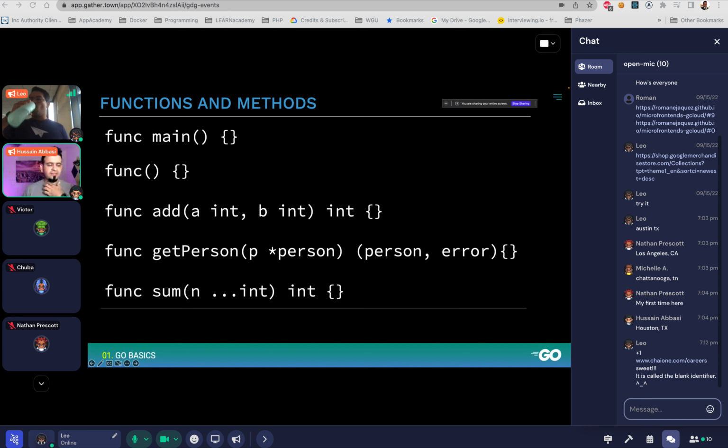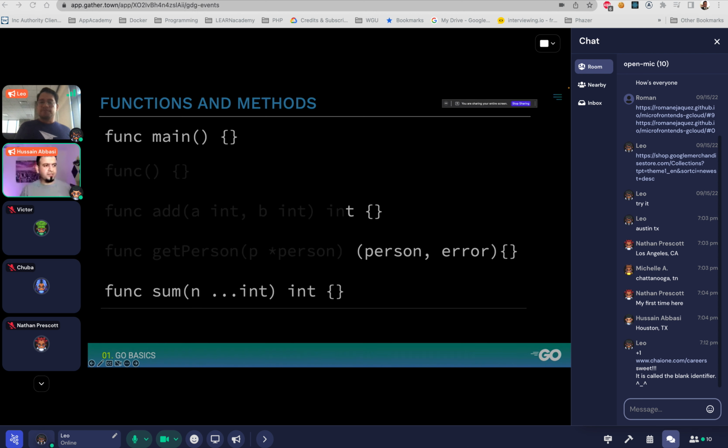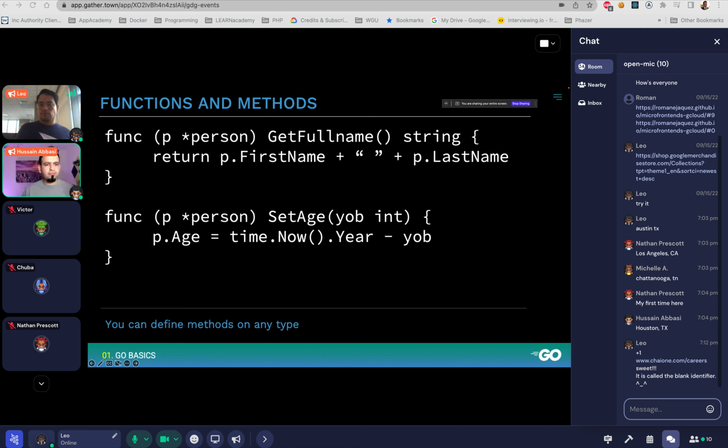And then, of course, it has the array where you can just pass in as many parameters as you want. Like I mentioned earlier, functions and methods, we can tie them to a type by just making sure that we mention the type before the name of the function. So in this case, you can see I'm saying that get full name and get age are only tied to the type that is of type person.